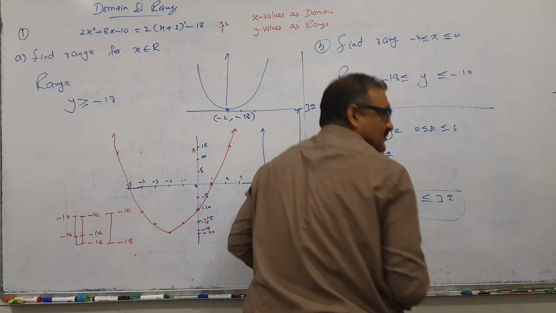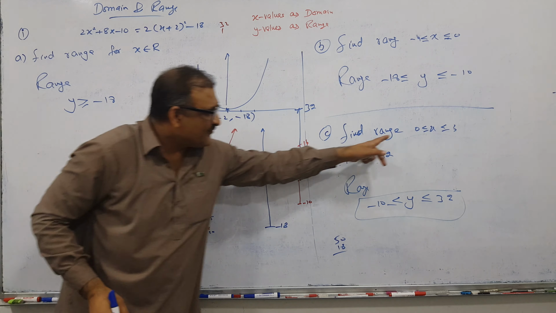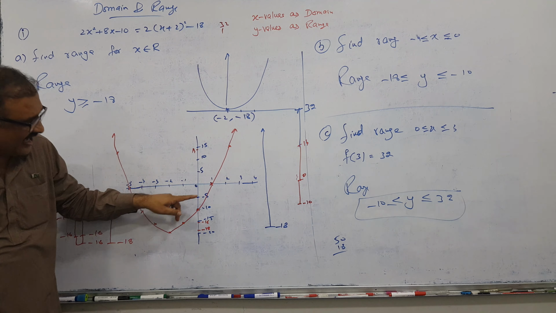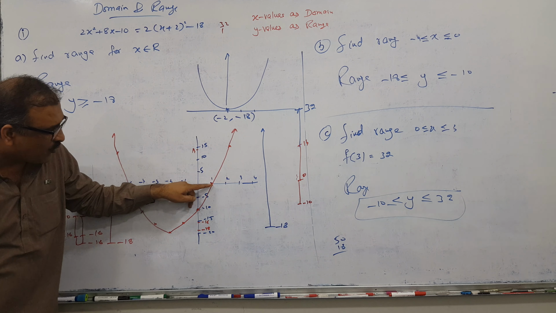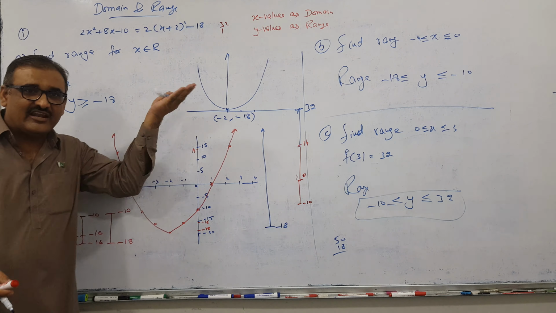This is my answer. I repeat again, what is the idea behind it? So starting from 0, my eye is towards against 0. When x is 0, what is the y value? Minus 10. So as I move 1, my y value